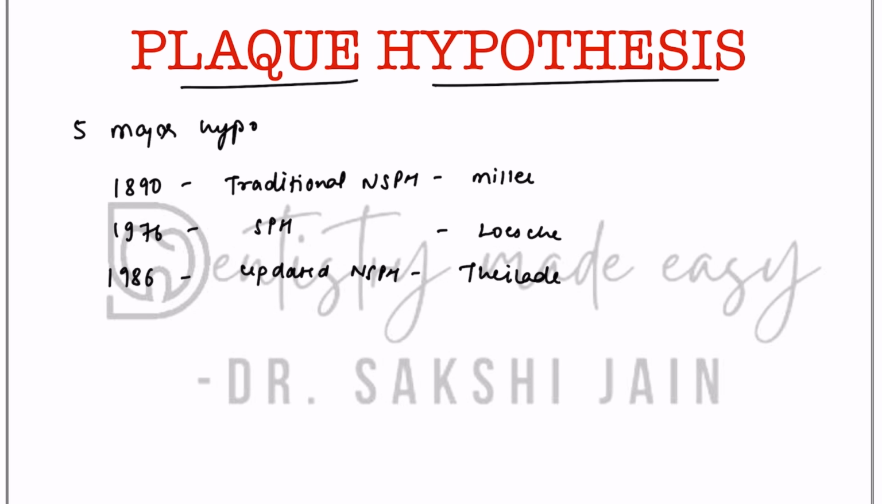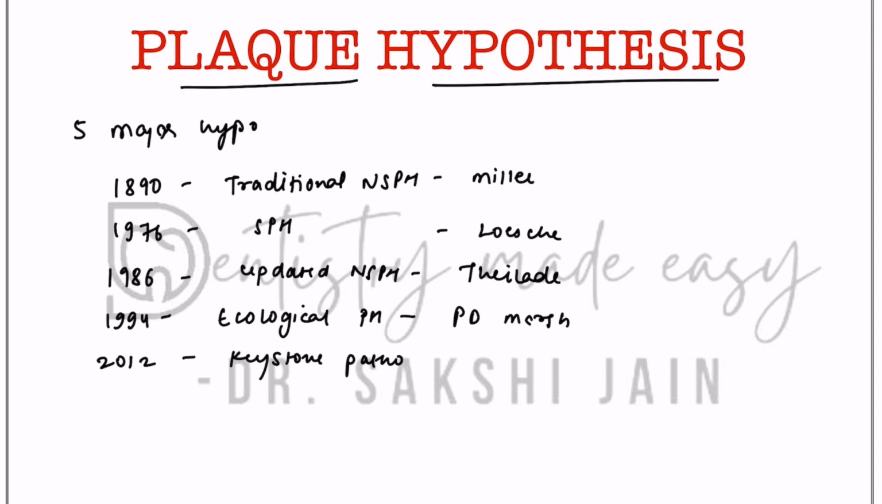The next hypothesis, given in 1994, was known as the ecological plaque hypothesis, and it was given by P.D. Marsh. And the recent one, given in 2012, is known as the Keystone pathogen plaque hypothesis. This was given by Hajishengallis et al. and his co-workers. In the traditional non-specific plaque hypothesis, it was said that the quantity of plaque is going to